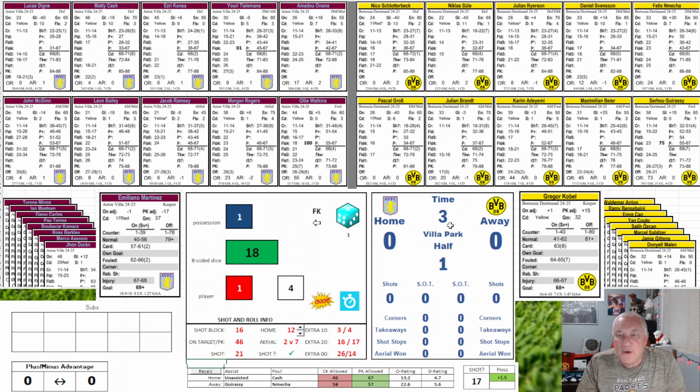So I'm going to say that my brother's favorite team is Aston Villa, and so I'm kind of doing this game for him. I think Larry, that's one of your favorite teams as well if you watch this. So this is a nod to you guys. I'm going to play them. Not my favorite team. My least favorite player is on this team, and he's actually being talked about to maybe go to United, which I would hate. That's Emilio Martinez. I just don't like the guy. His antics, I just don't like it.